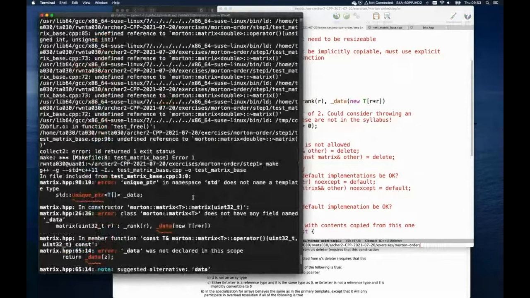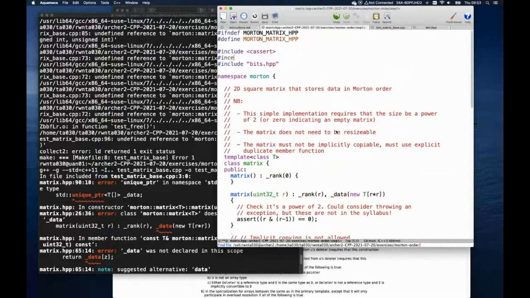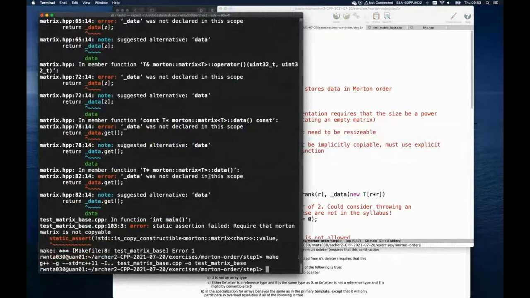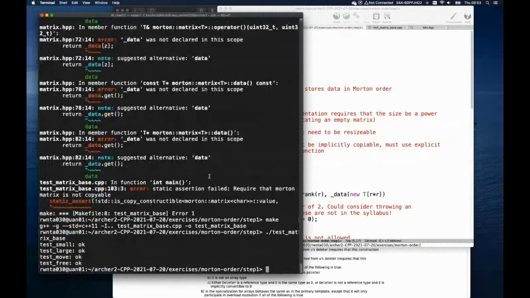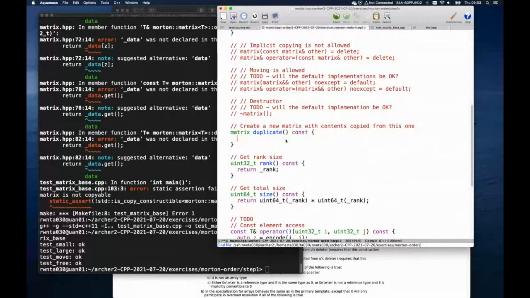What have I done wrong here? Oh, it doesn't name a type, of course. I didn't include memory. That is a good point, compiler. Okay, so we now have a passing test. I did not actually provide an implementation for this. So there's an easy way, which we'll talk about later today, and there's the slow way. So I am just going to do the